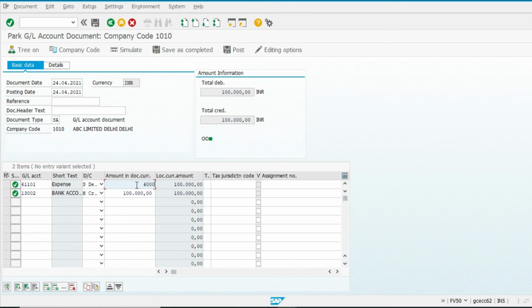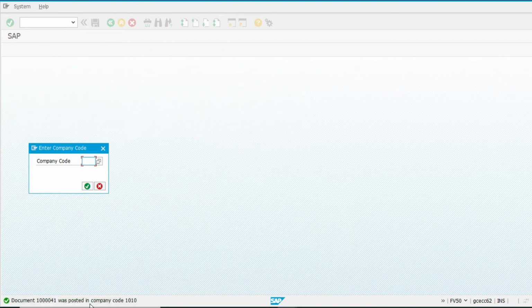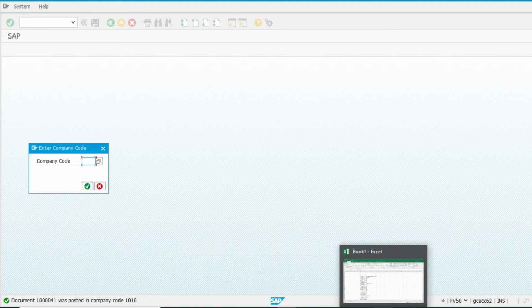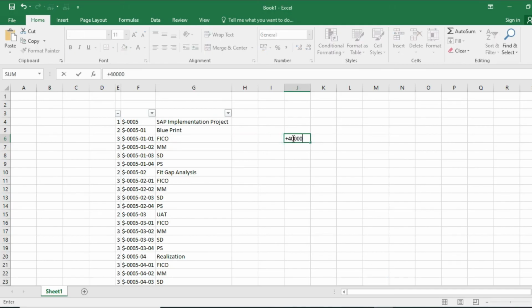Now suppose I assign 40,000 in it, now the system should give me a warning. It does not give the warning because that is exactly 80%. If it exceeds the 80%, then it will show me a warning.